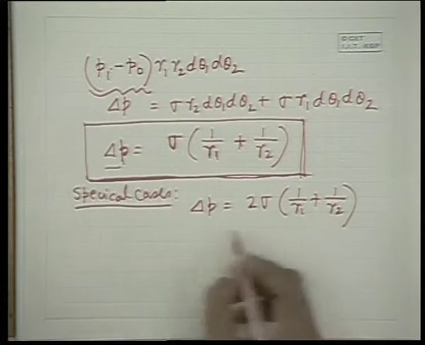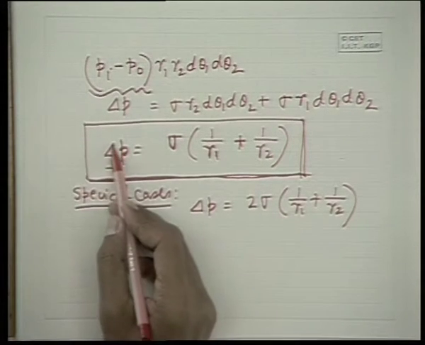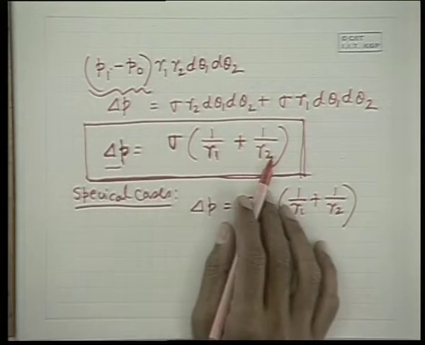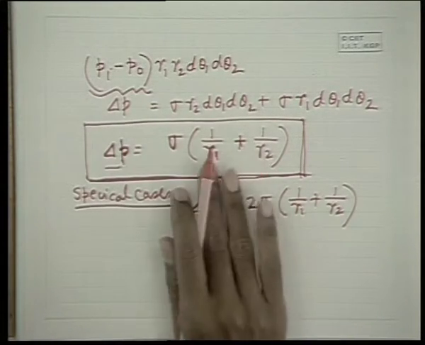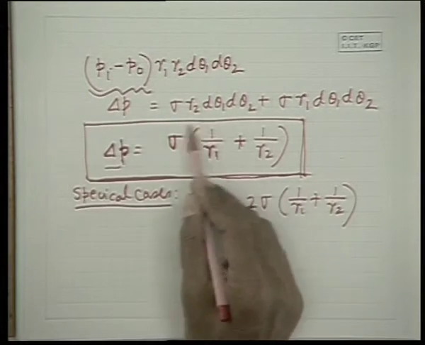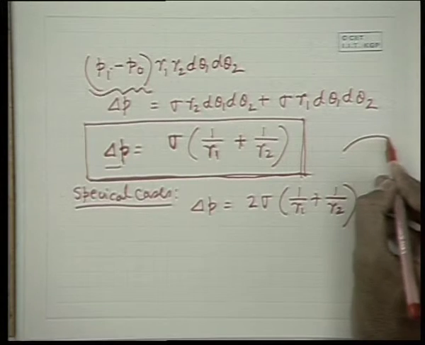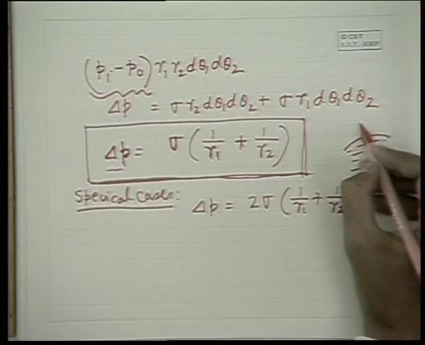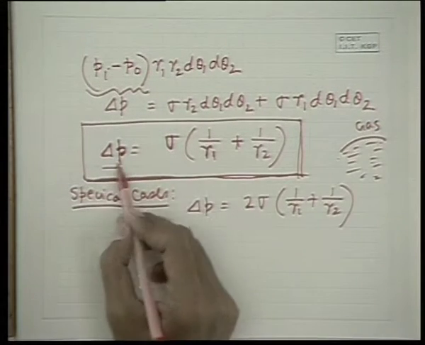Now again I tell the difference between these two. This is the pressure difference between the liquid surface, a curved liquid surface which demarcates a bulk of the liquid and a gas outside it. That means there is a liquid surface where this is the bulk of the liquid and this is gas. So this is the pressure difference.